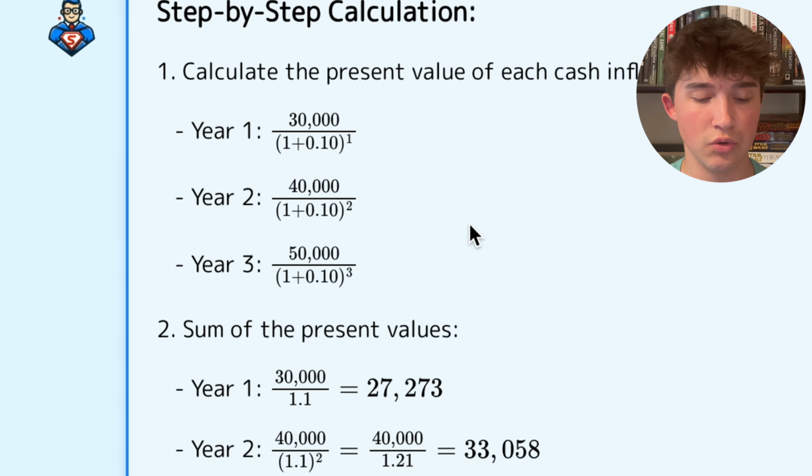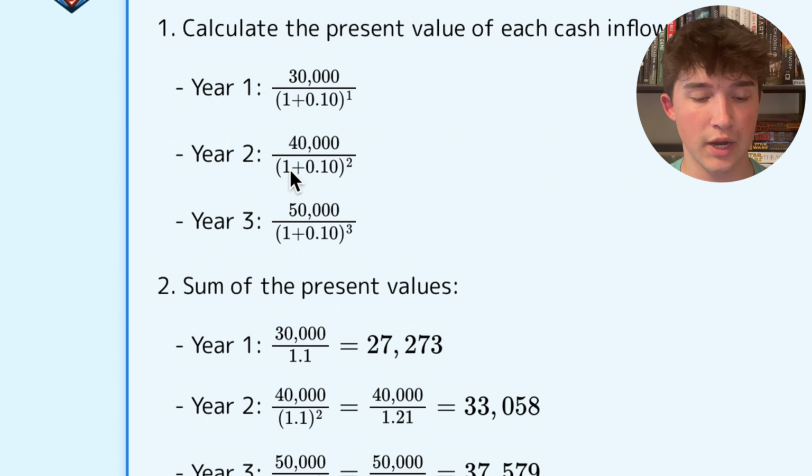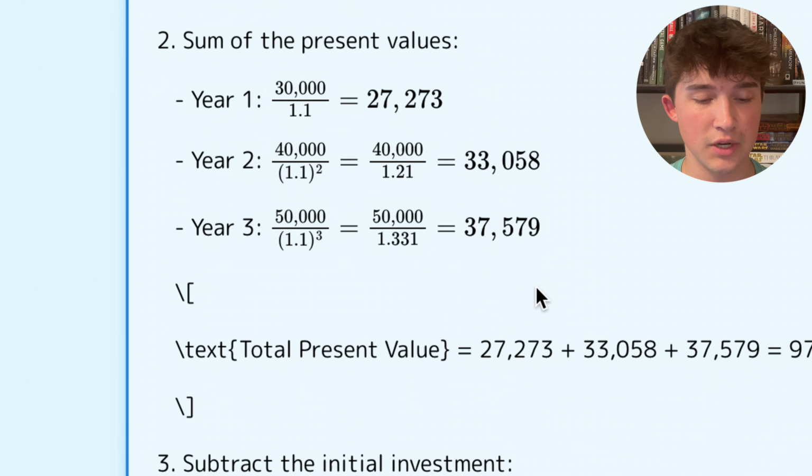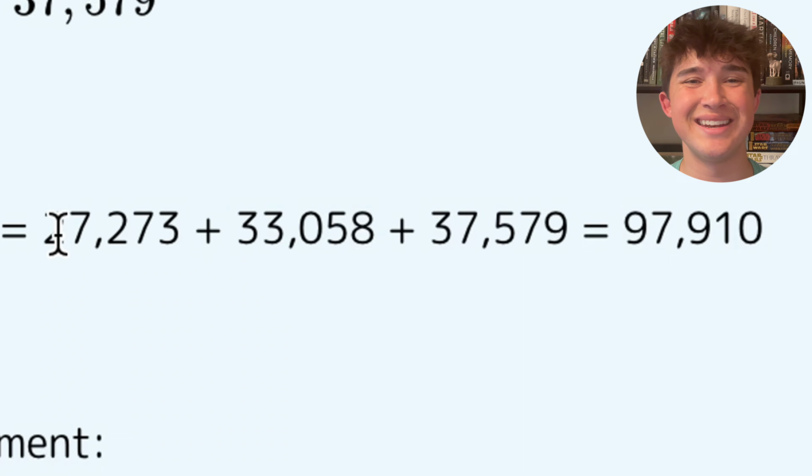27,273. In year 2, 40,000 is your cash flow. 1 plus 0.1 to the power of 2 for year 2 gets you $33,058. Finally, in year 3 here, we see this equation simplified again to 50,000 over 1.1 to the third power, and that gives you $37,579. When we add these all together, we get